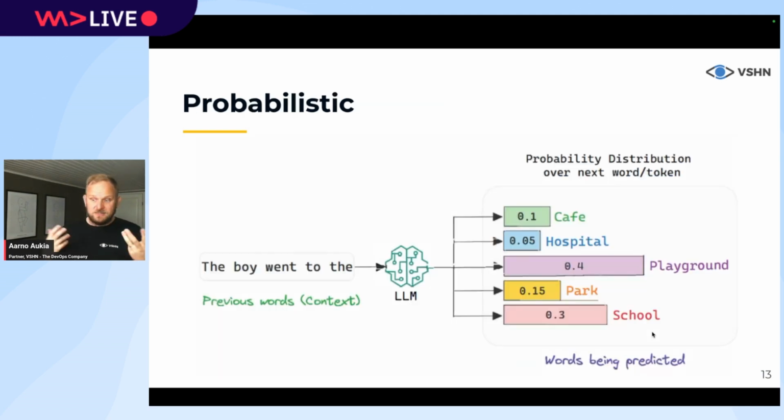And at the end, the LLM is only a large statistical model of language of the internet, right? So for example, if you give it the words, "the boy went to the," and of course it gets tokenized into the numbers of the words, then the LLM can basically look up internally, okay, based on these 4 words, what is the most probable word that comes after it? So here, with 40% probability, it's playground, with 30% probability, it's school, with 15% probability, it's park, and so on